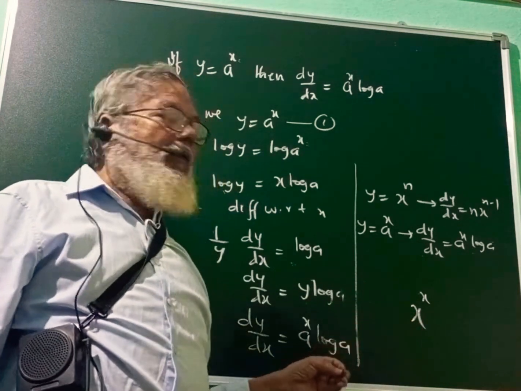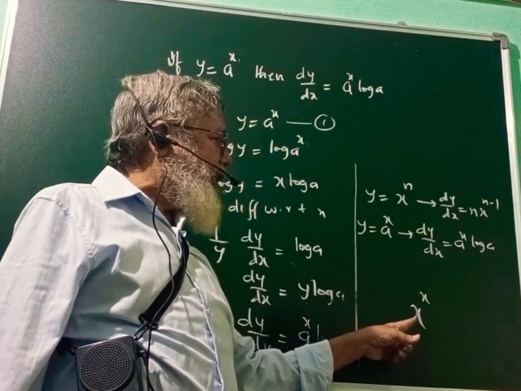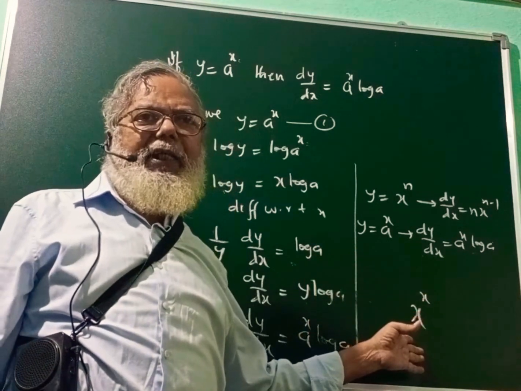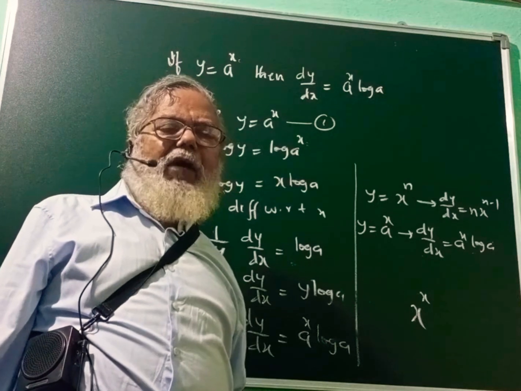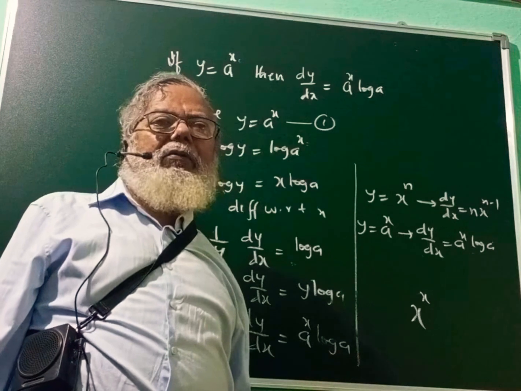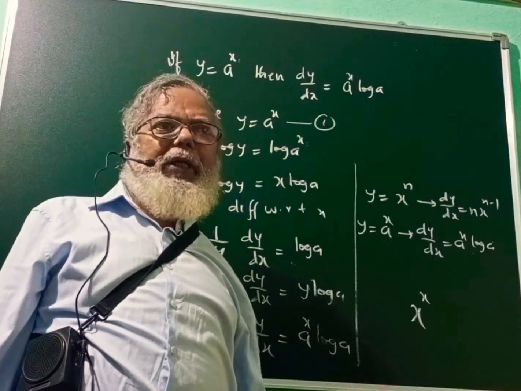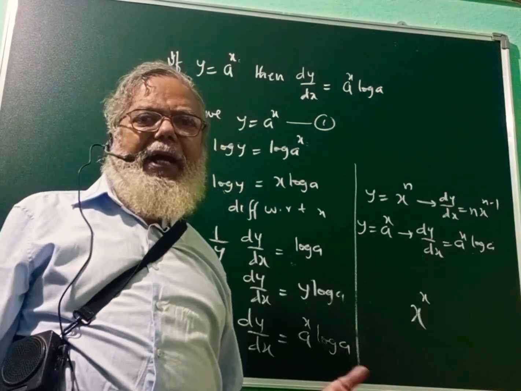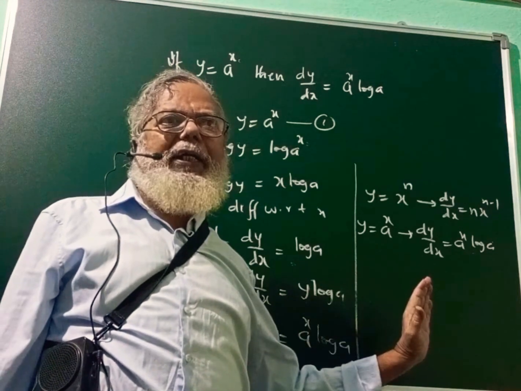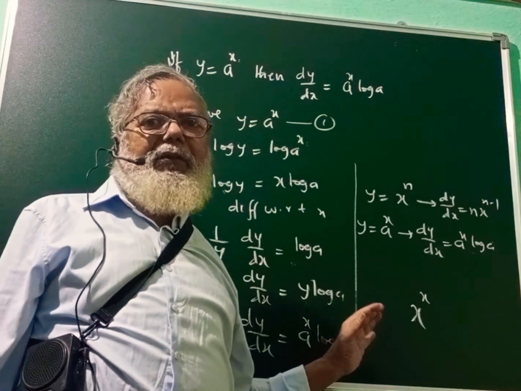Our problem, so we apply log in two cases. When the given function is such that base and the power both should be variable, as we have seen here, and otherwise the function should be too complicated that it involves more than one quotient rule, more than one product rule, or many product rules, many quotient rules, like that. At that time, to simplify the problem, we apply log on both sides and we solve it. That's why this is called logarithmic differentiation.